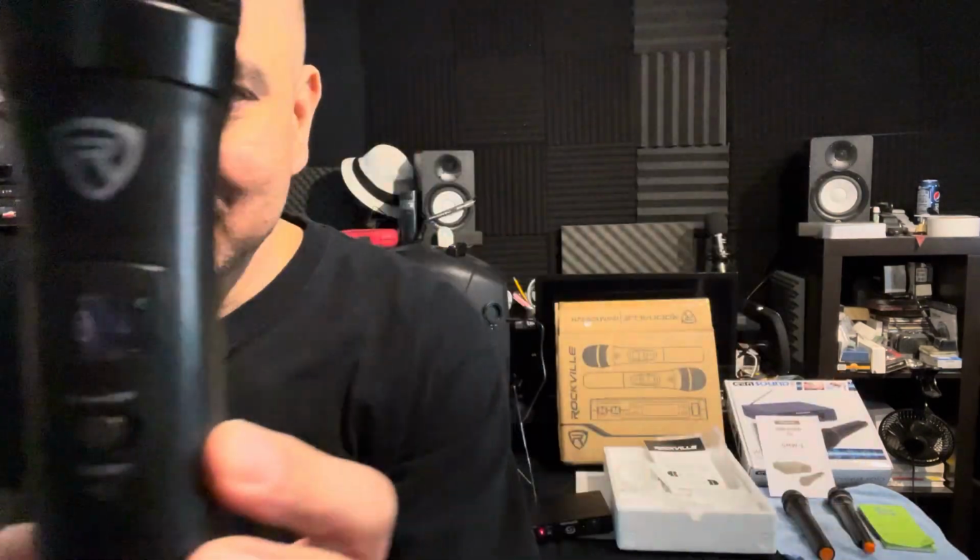Also, my negatives are the lightweight receiver, which feels kind of fragile, and the on and off button is confusing in my opinion. Let me know what you guys think about that. You might think it looks different than I do, but when I showed you guys the on and off there,